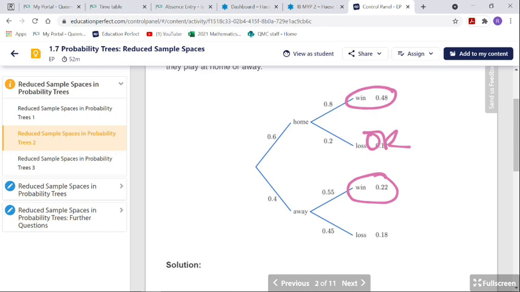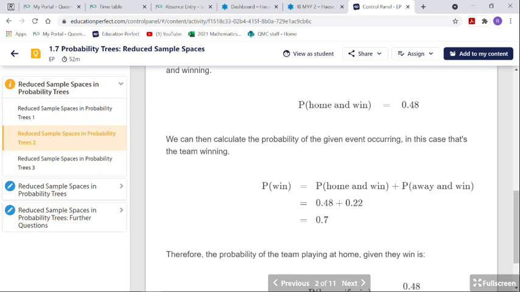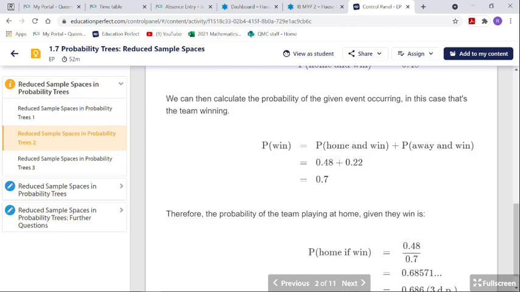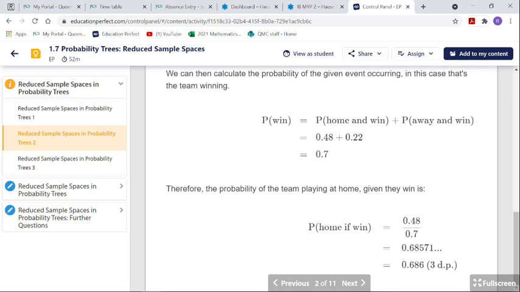Remember, when you're following a branch, you're multiplying. But if you get two or more branches that answer your question, that means add. Okay? So we're going to add those two probabilities together to find the probability for both of them. So it's 0.48 plus the 0.22 gives you 0.7. Therefore, the probability of a team playing at home, given they win, is the probability of home and win, which is 0.48. And we divide out the probability that they won, period, okay, which was the 0.7 we just found. And that's going to give us a probability of